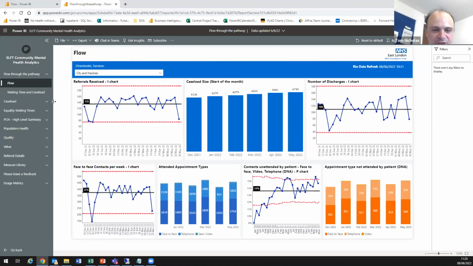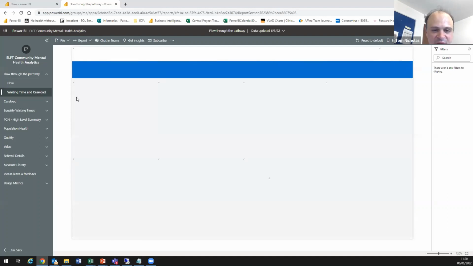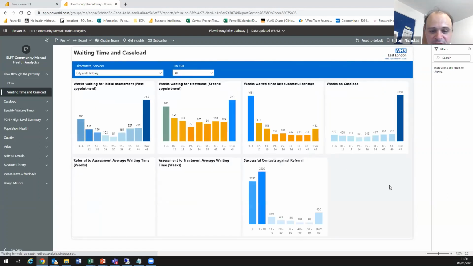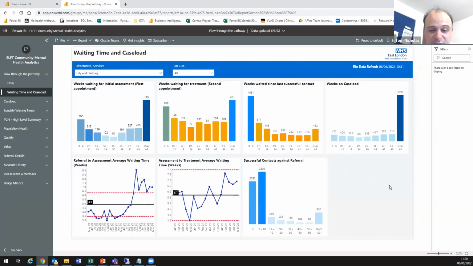If we just have a quick look at the waiting times and caseload page, and then I think we'll take a pause. So you can also see inside the pathways, you know, what's the flow like. And again, we've got a couple of SPC charts there at the bottom, which indicate the average weeks to first appointment and the average weeks to treatment. So again, for those referrals coming in, you can get an idea of how long it's taking for them to enter the assessment and treatment cycle. And you've also got some histograms there showing the caseload and the status they're in. And we'll just look at 2 more